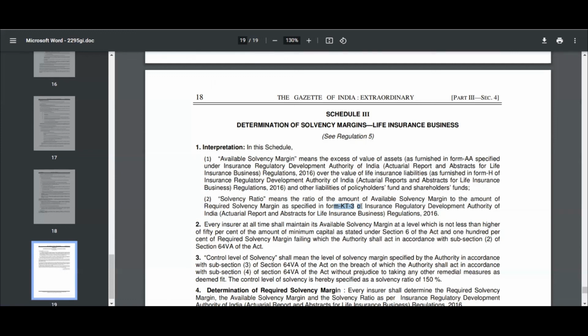Suppose the required capital is 60 and your available capital is 50. Then the regulator might prevent you from writing new business, impose restrictions on you, or force you to get merged with or acquired by some other insurer. That would mean you have a high chance of becoming insolvent, so the regulator will come forward to protect the policyholder interest. There is only the section for linked and non-linked business that is left for the ALSM regulation. I'll call this part 1, and the next part would be ALSM regulation part 2, along with the appointed actuary regulation.